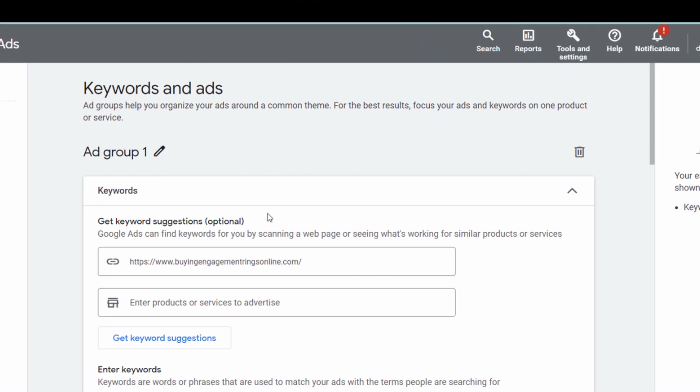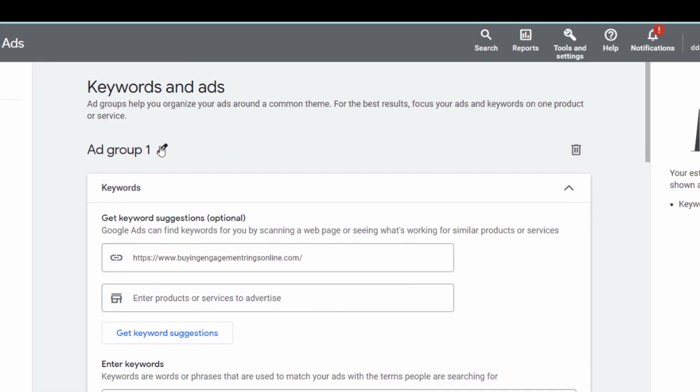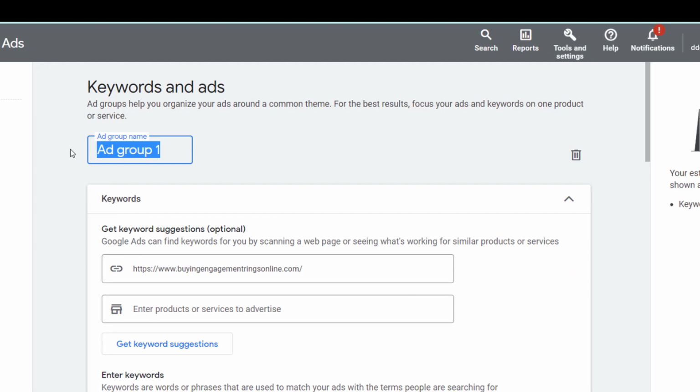For example, in this case, we will name our ad group Engagement Rings Online.